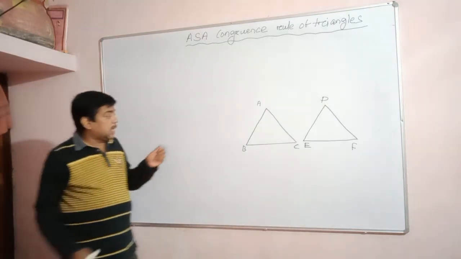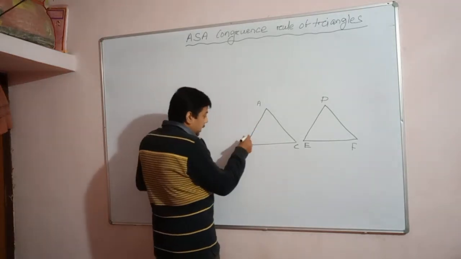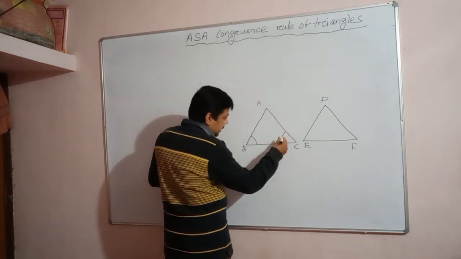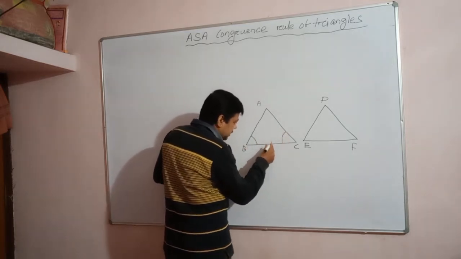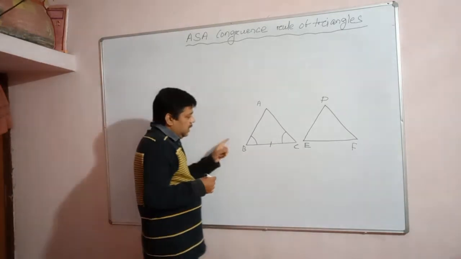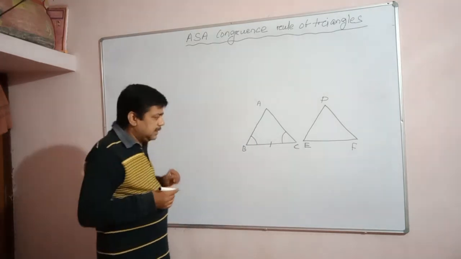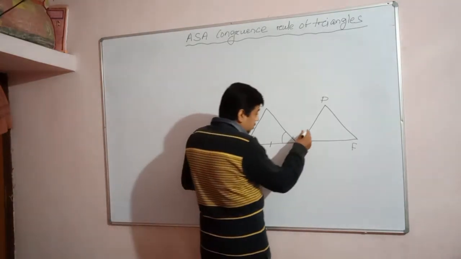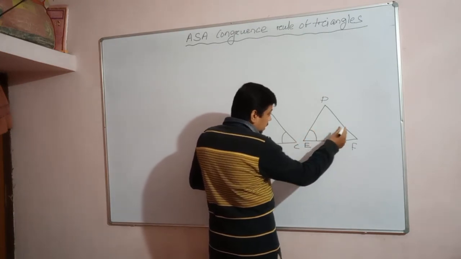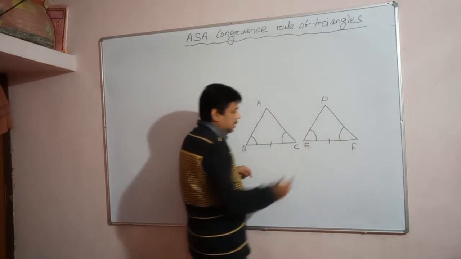So in two triangles, it is saying that two angles, B angle and C angle, and its including side is BC. Okay. So B angle and C angle and the including side BC of the triangle ABC are respectively equal to the two corresponding angles and the including side of the other